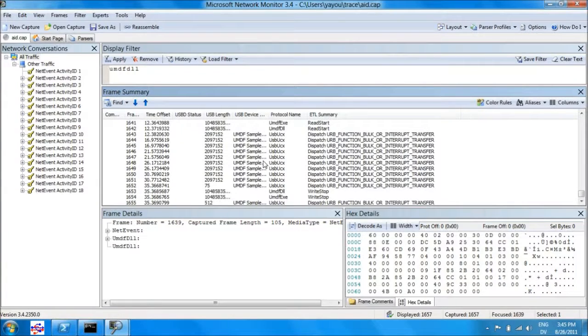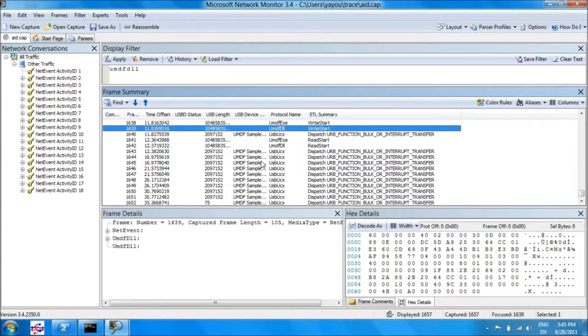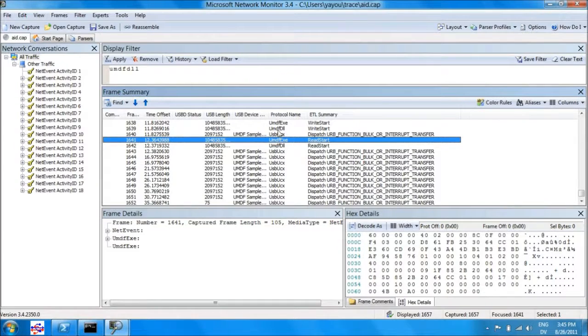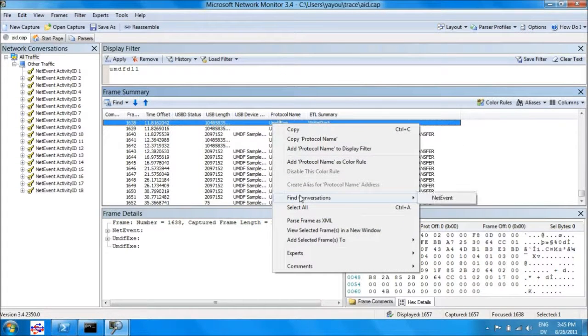So here's a bunch of events at the end of the trace. These are actually the ones that are caused by the applications. But I want to separate out which ones got caused by this exe that's writing and which ones got caused by the exe that's reading. It's actually extremely simple in Netmon. You just right-click, find conversations,